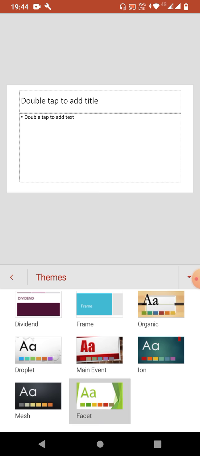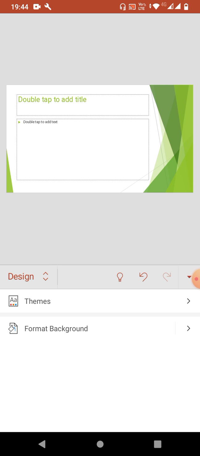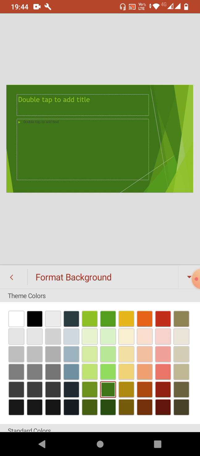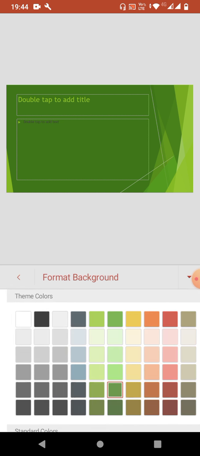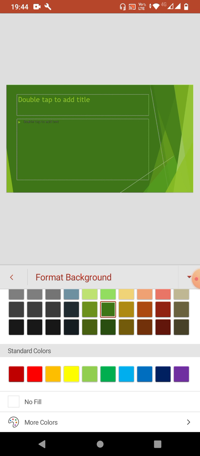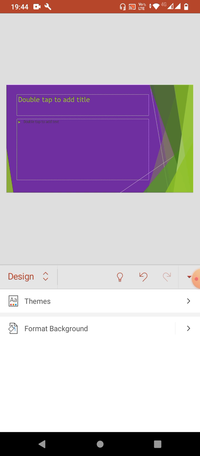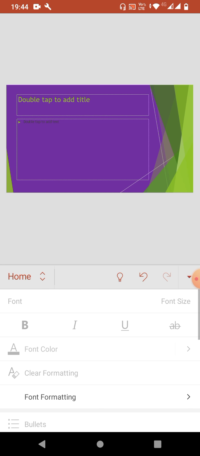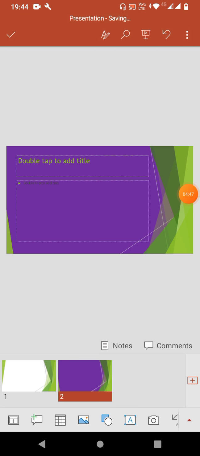Not every theme, but many themes we can apply. From format background we can format it accordingly. I have just selected green. You can select other options also, like purple also looks very good. Go to the home tab, and here you can minimize it from this.